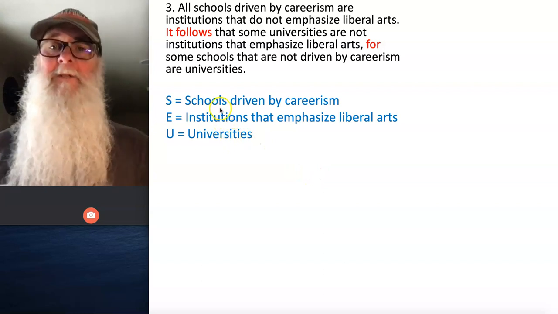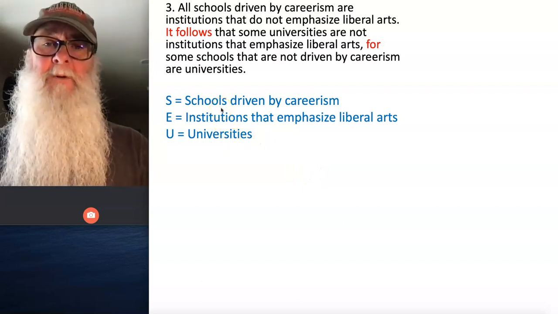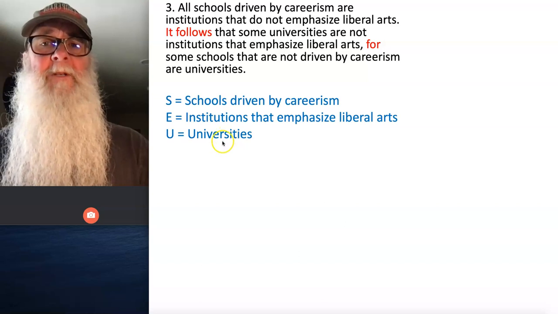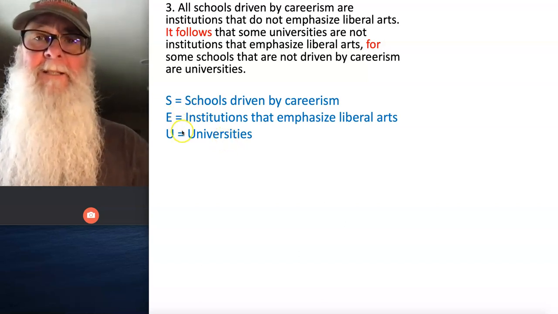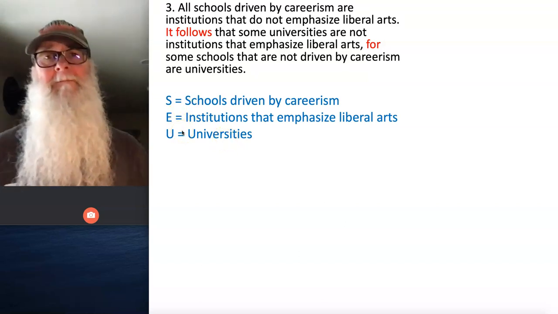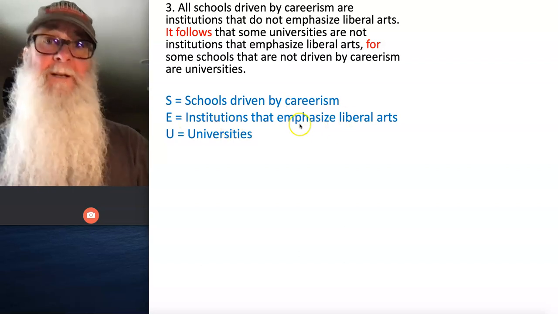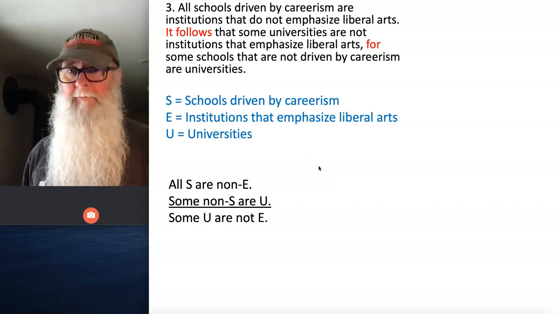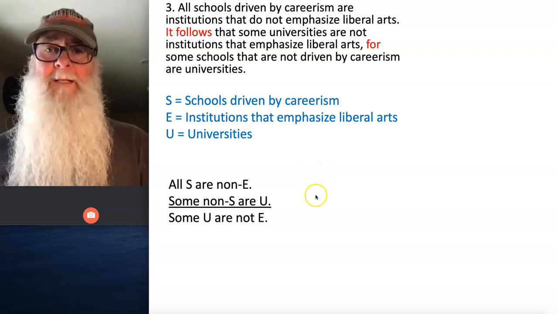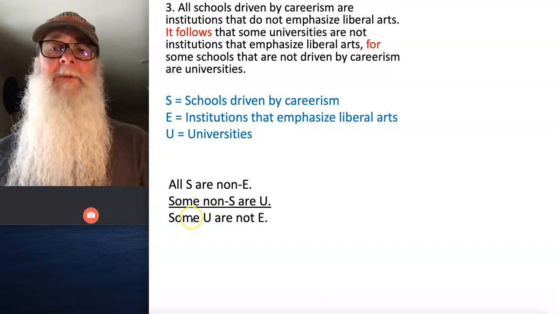Now, I chose the terms schools driven by careerism, institutions that emphasize liberal arts, and universities: S, E, U. If you chose different letters to represent your terms, you want to make a quick cross-reference there so you can make sure that your argument looks just like mine. Using these terms to symbolically represent the argument, we get all S are non-E, some non-S are U, therefore some